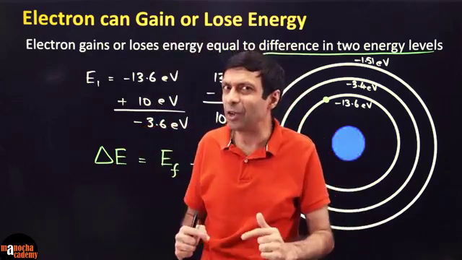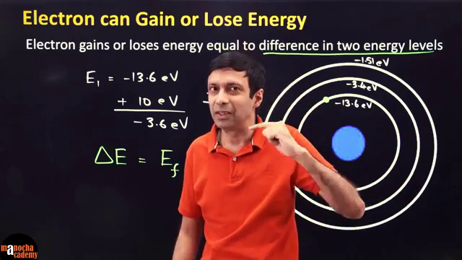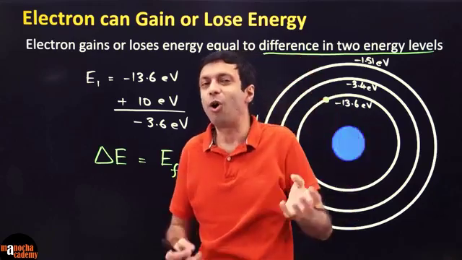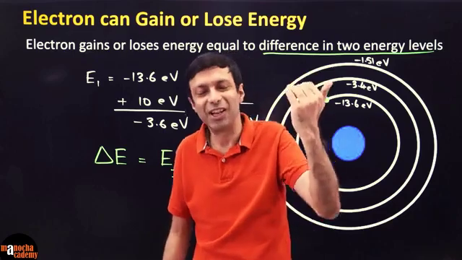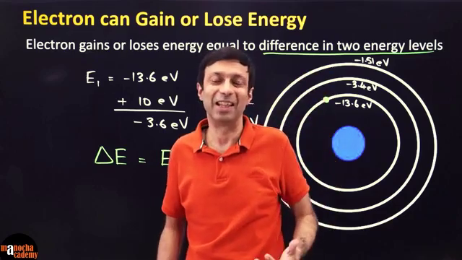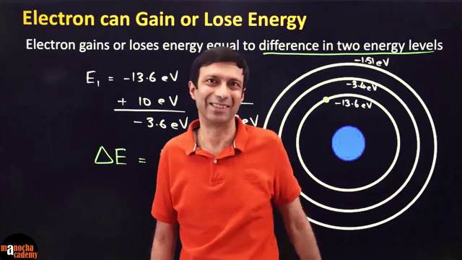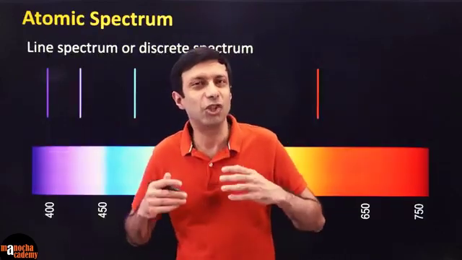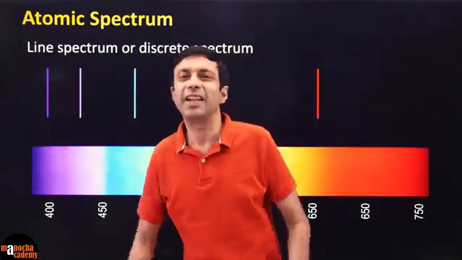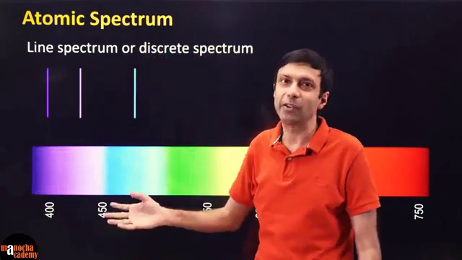It needs the right amount of energy, gain of the right amount of energy to go up, or lose the right amount of energy to come down to a lower shell. And this is what Bohr said in his model. Remember, another major drawback of Rutherford's model was that it could not explain the atomic spectrum, or what we call